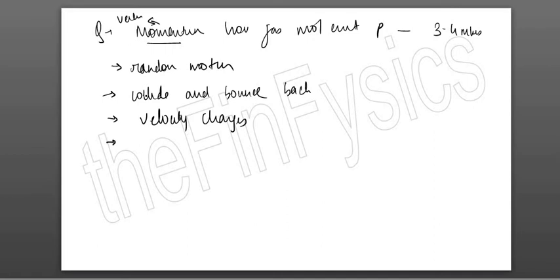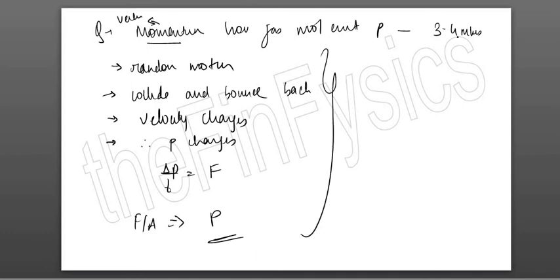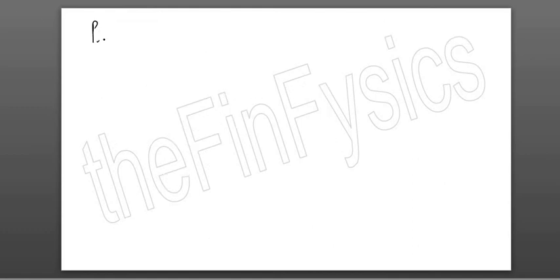Now this change in velocity will produce a change in momentum. Okay, therefore momentum changes, and this change in momentum upon time produces force. This force upon area is pressure. Okay, so this question, if it comes, the molecular theory will come for 3 to 4 marks in the exam. This is how gas molecules exert pressure. Then they will ask you the relation between pressure exerted by gas molecules and the volume of the container, which is also known as Boyle's law.